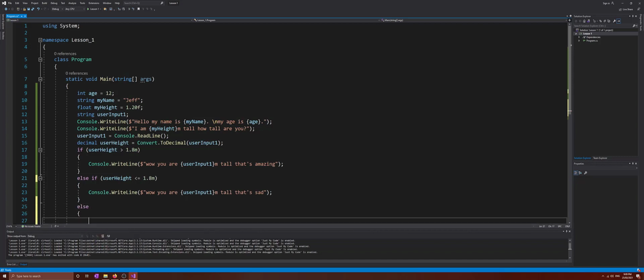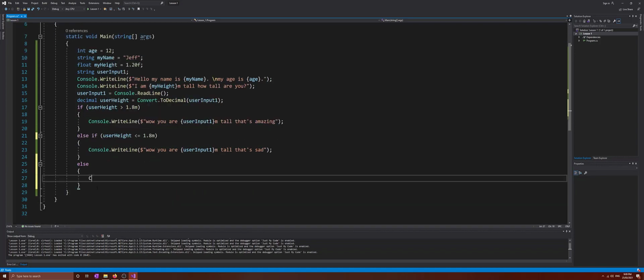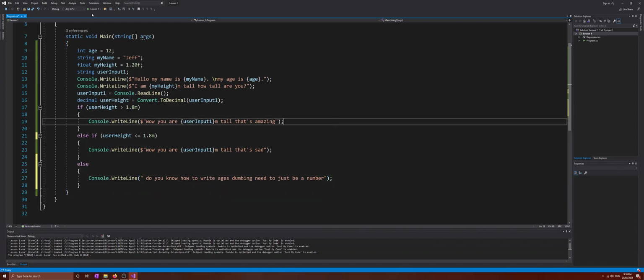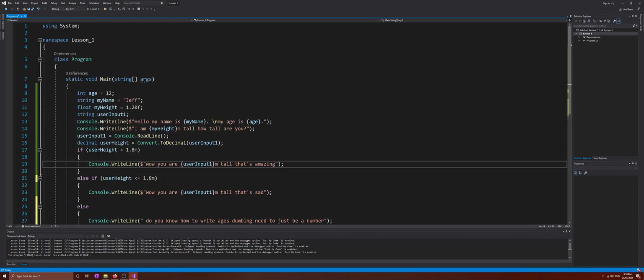I've now just added an else statement in, and then I can just say, I don't know, console dot write line, and then I can say, I don't know, do you know how to write ages, dummy? Needs to just be a number. And then, as I said, a real simple fix, right? And then obviously,